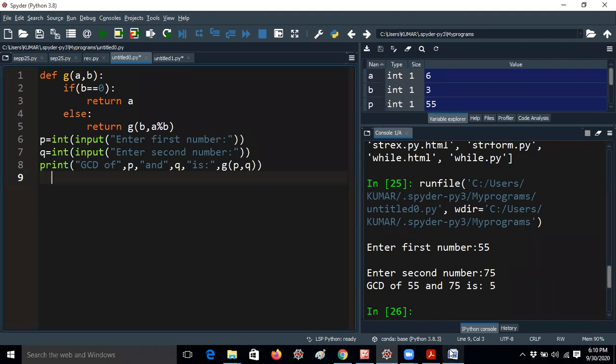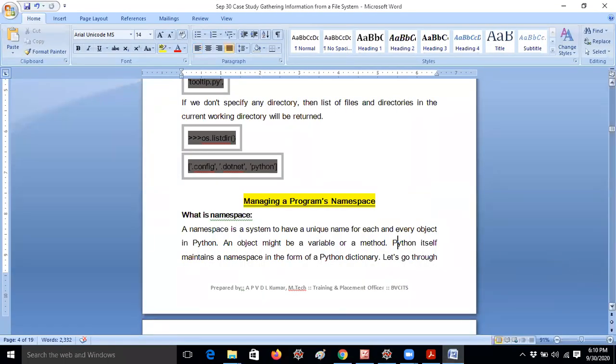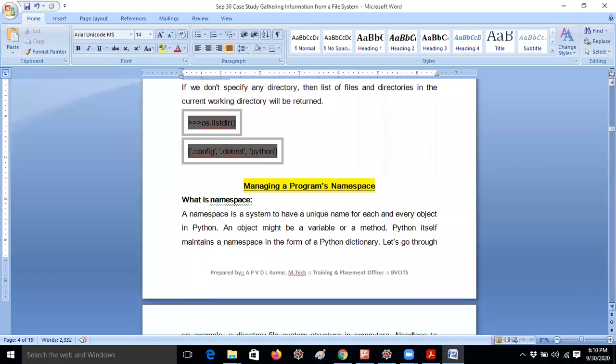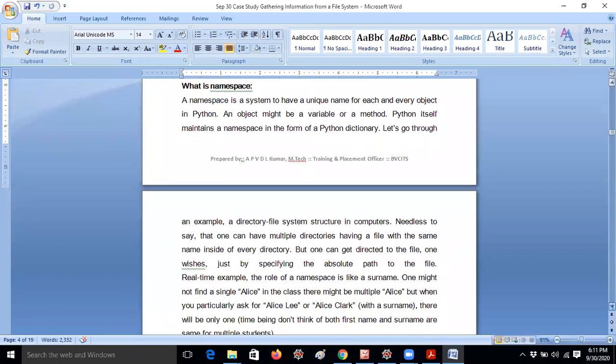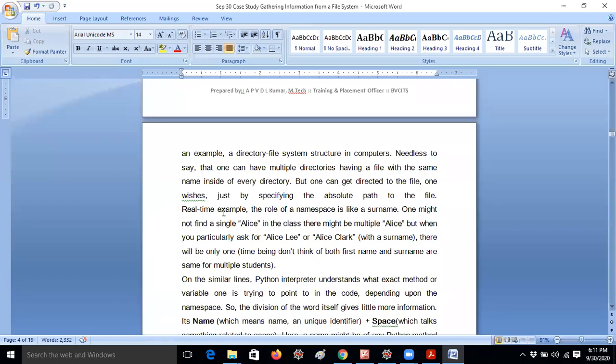Namespace is very important from any point of view, because when I'm calling method names or variable names with the same value, how will the body be executed, how will the compiler know which function is being called? This is the concept of a namespace. Just now I gave you a real-time example: the role of a namespace is like a surname.